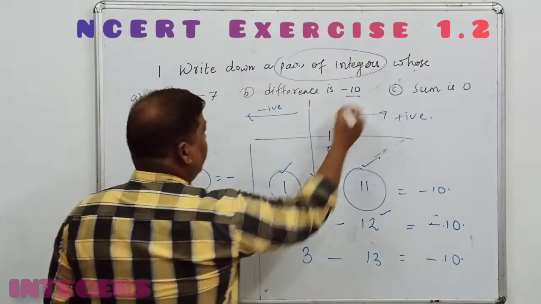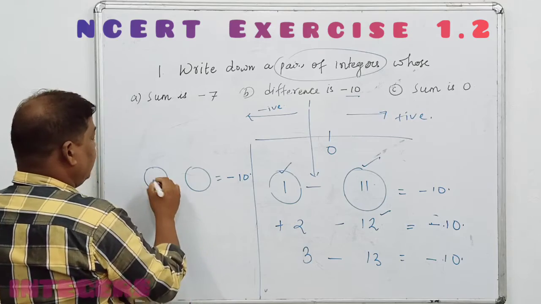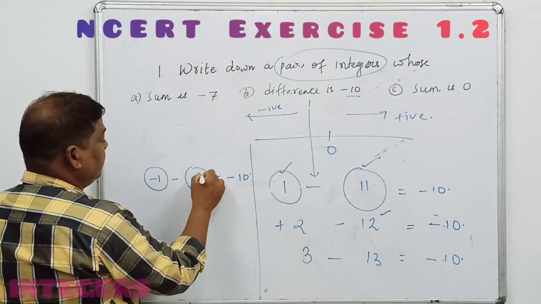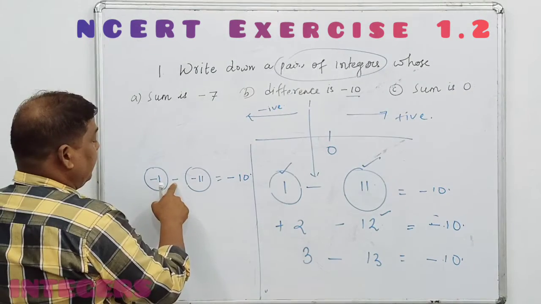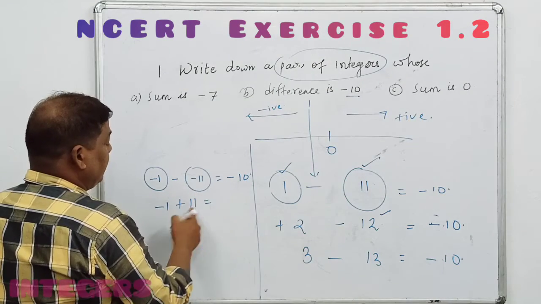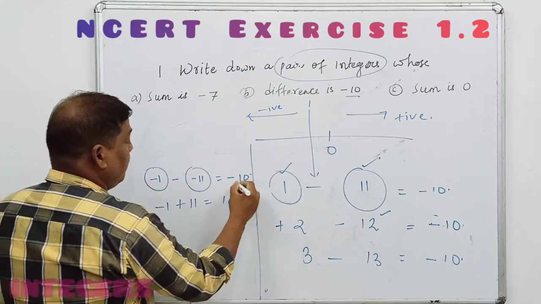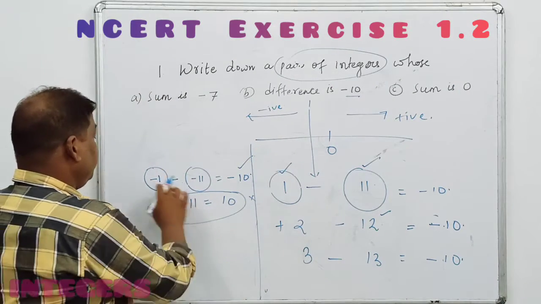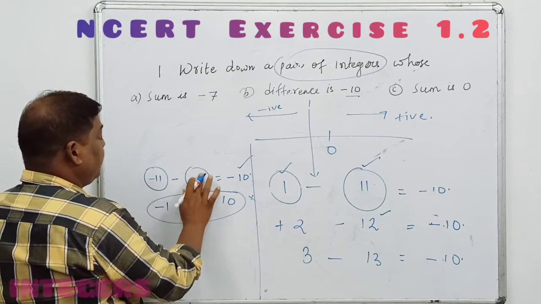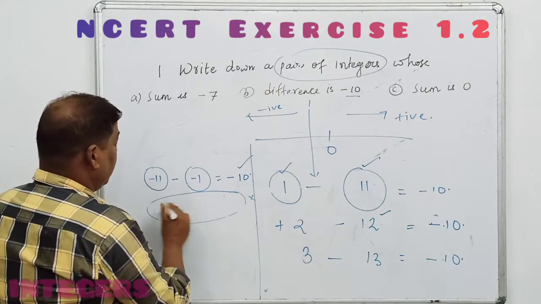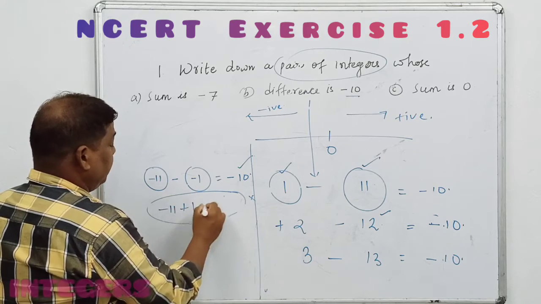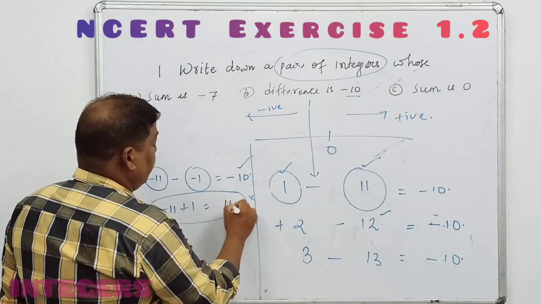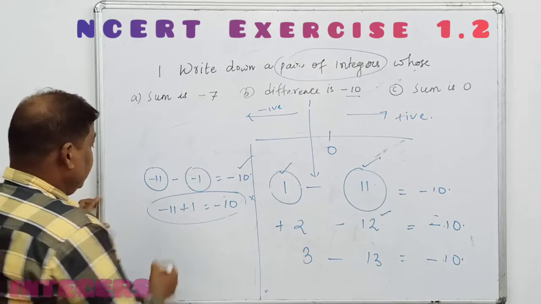आपको रिजल्ट क्या आना चाहिए -10। अगर मान लीजिए यहाँ पे -1 माइनस हियर -11, देखिए -1 माइनस माइनस +11 इज इक्वल 11 - 1 इज इक्वल टू 10, लेकिन हमें यहाँ में -10 आना चाहिए, तो ये रिजल्ट आपका रॉन्ग होगा। ये आप यहाँ में -11 लिखिए और यहाँ पे -1, तो यहाँ पर आपका होगा -11 माइनस माइनस +1, दैट इज -11 में 1 सब्सट्रैक्ट करेंगे, आपको यहाँ पर -10 होगा।